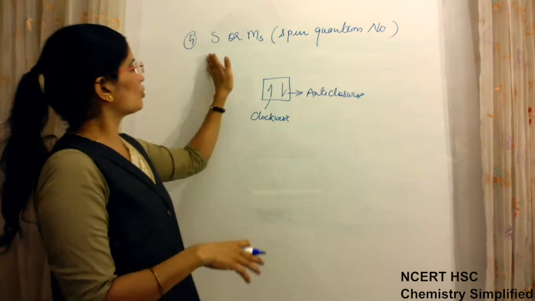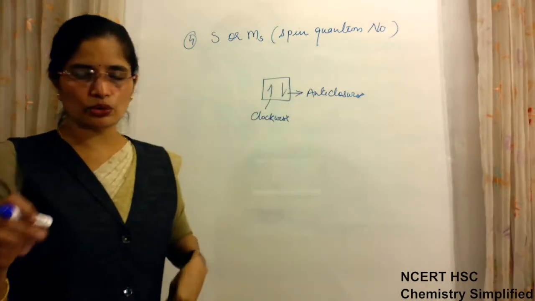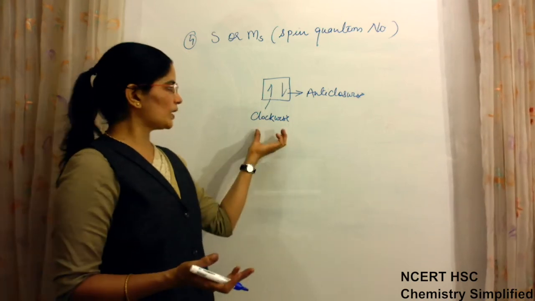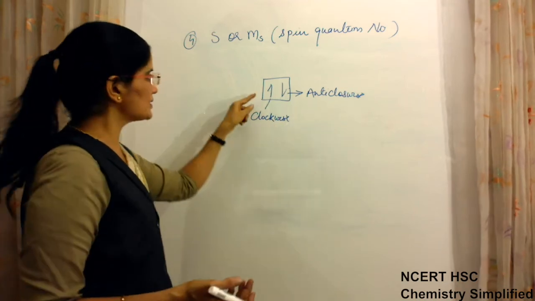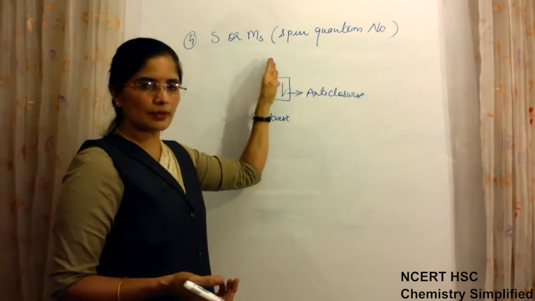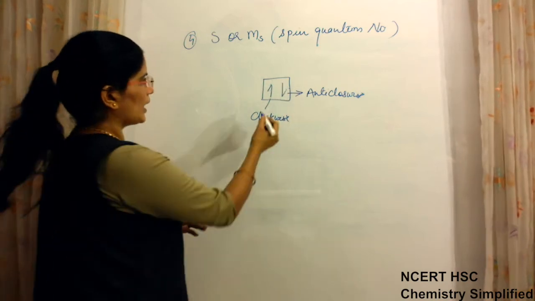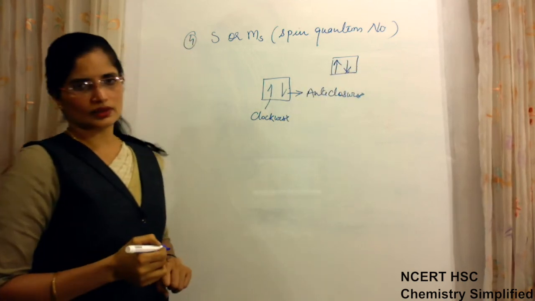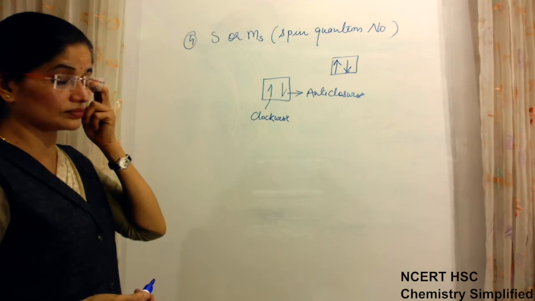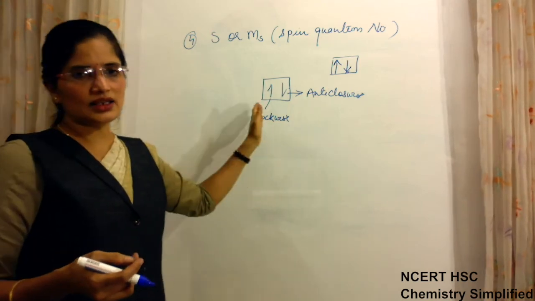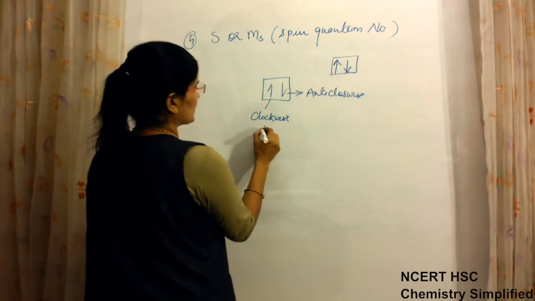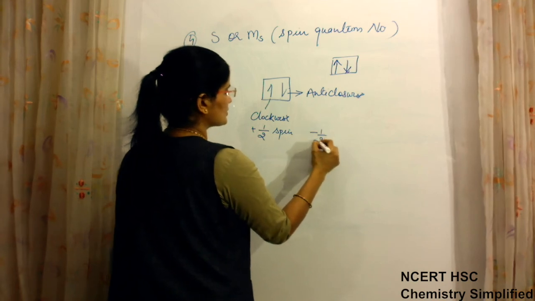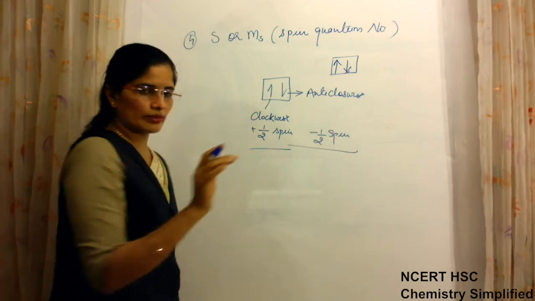So this is about the 4th quantum number, the spin quantum number, that both the electrons which are present in an orbital have opposite spins. One is clockwise, the other is anti-clockwise. That is why we make one as an upward arrow and the other as a downward arrow. I have made half arrows, you can make it like this also. Okay, both are correct. Now mathematically these clockwise and anti-clockwise spins are given as plus half spin, and the anti-clockwise is given minus half spin. These are just numerical values.